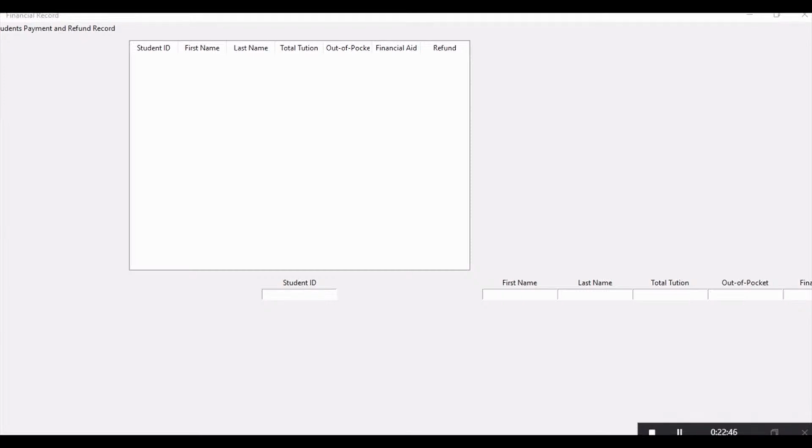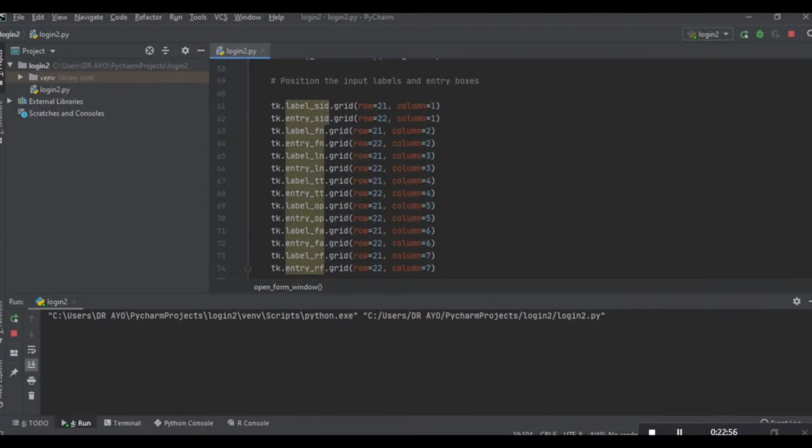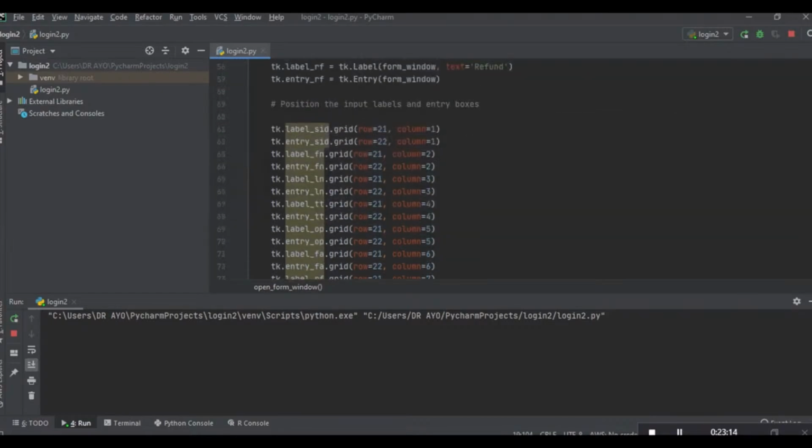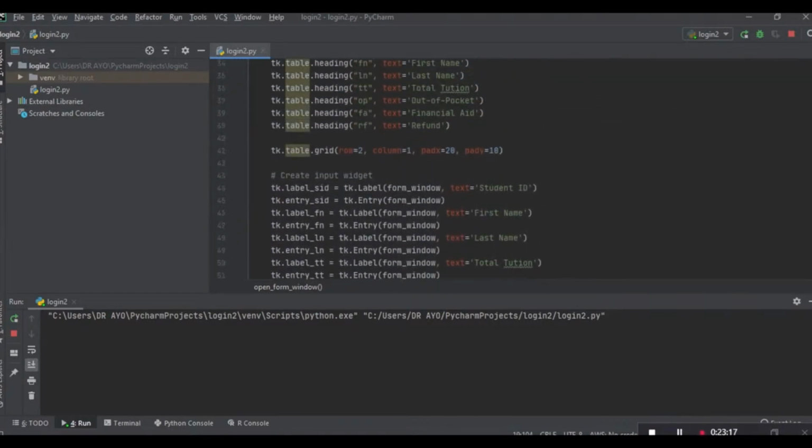Okay, so we have these boxes here now, but it's still not positioned the way we want it to be. So we will have to adjust it. Row 2, let's use column 0. Row 2, column 0 instead of column 1. Let's use column 0 for the table,